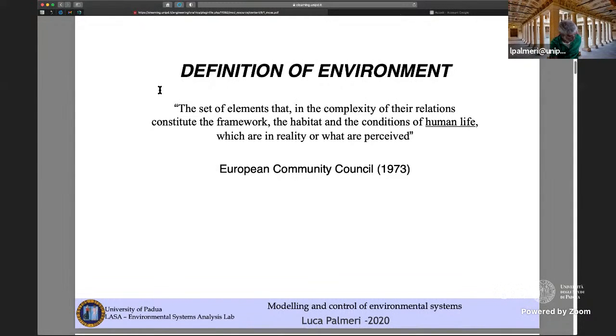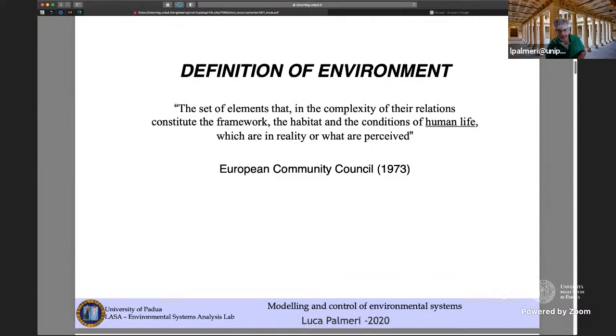So environment, from the ecological scientists, from the ecologists, is a set of elements that are interrelated in a complex way in order to constitute a framework that we may also call the habitat or conditions that may foster human life. An important aspect of this definition resides in the last part of the sentence, which are in reality or as they are perceived. This means that given this very anthropogenic definition,